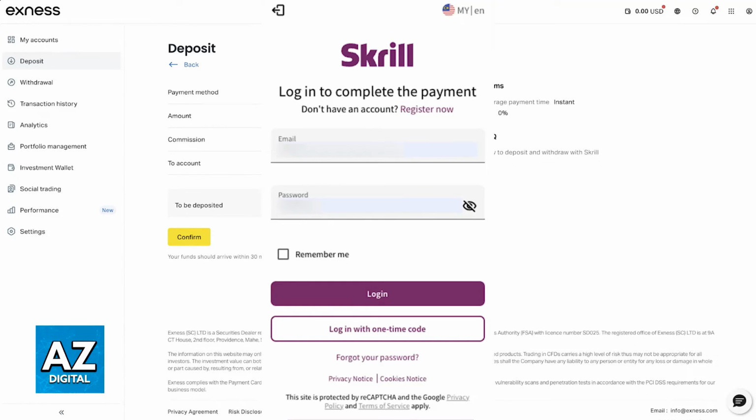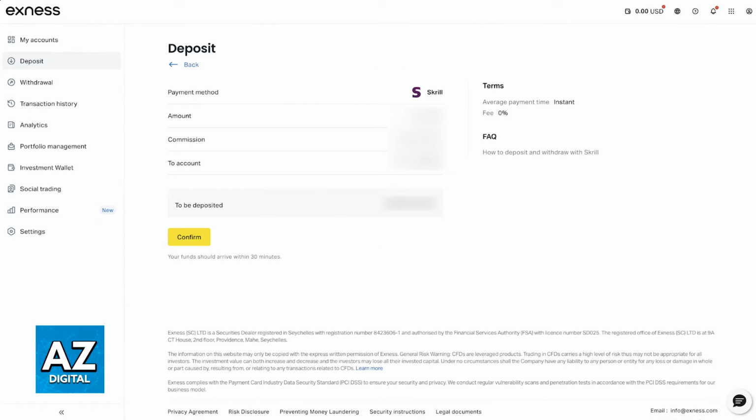And like I mentioned, you also have the option to withdraw directly to Skrill. The process is going to be exactly the same, but instead of going over to the deposit page, just choose withdraw. And once again, you will be able to specify the amount on the available funds that you have, choose how you want to verify this, and you will be able to receive your funds within Skrill.